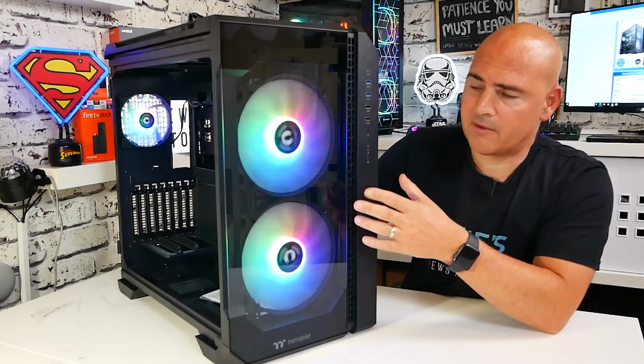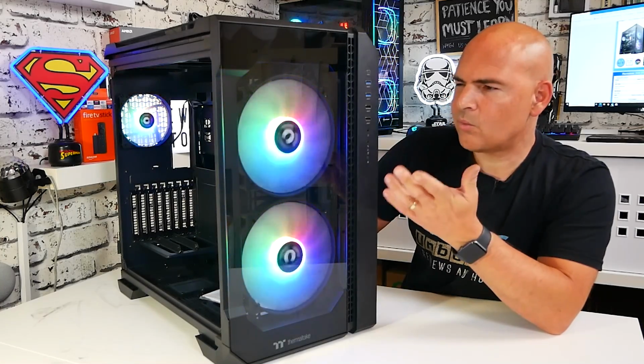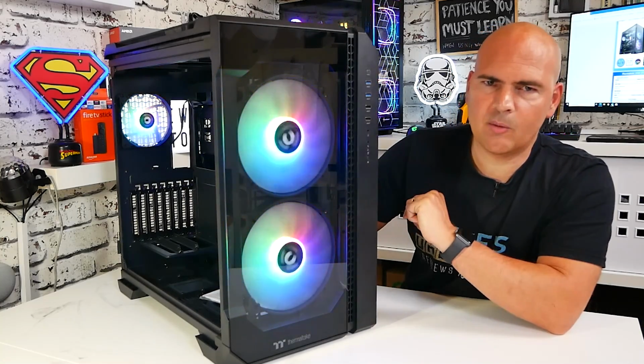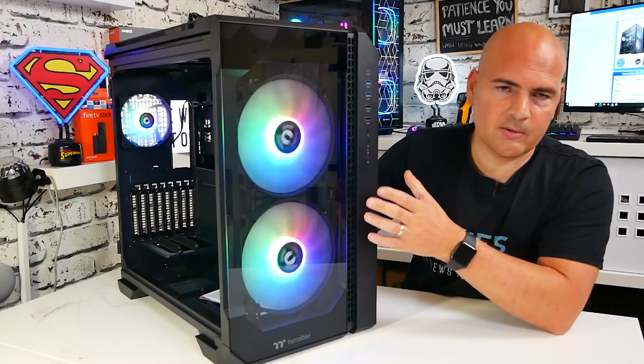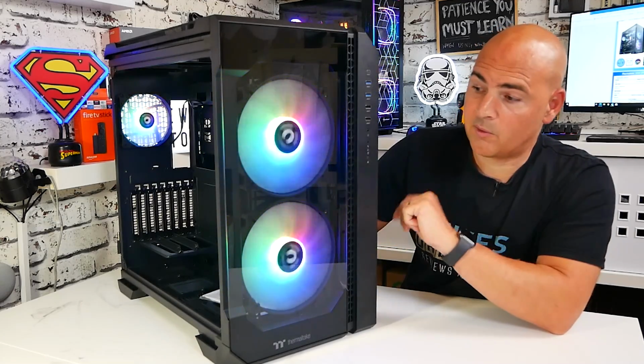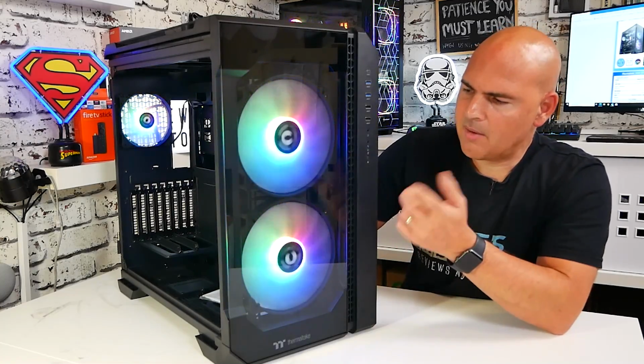As I said before, the fans are running at 500 RPM on the front and 1000 RPM on the back, which for some, the noise floor might be a little bit too much to actually cope with. Personally, I would have liked to have seen PWM controls, as I said earlier, but unfortunately they've decided against it for some reason. I don't really get it. Anyway,